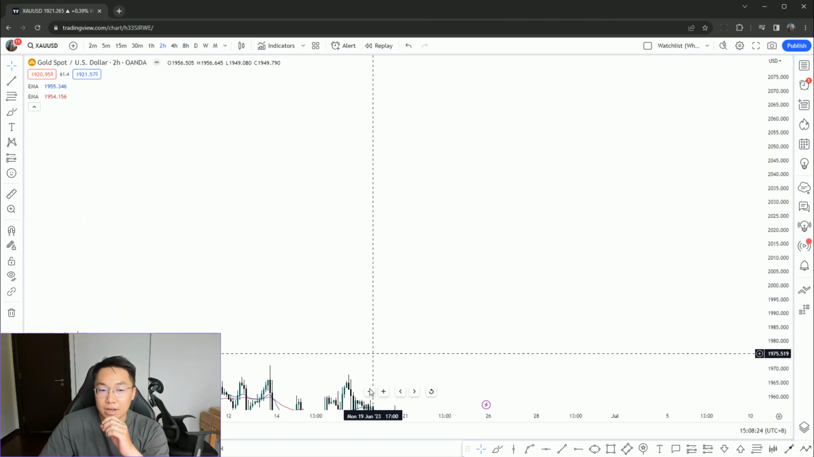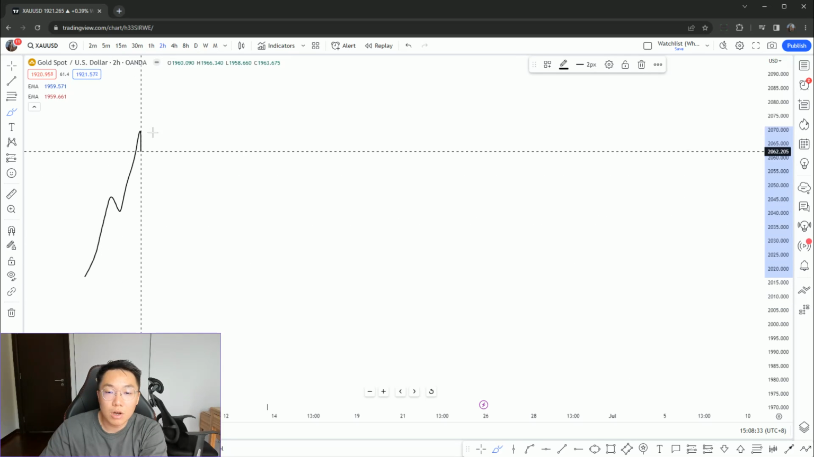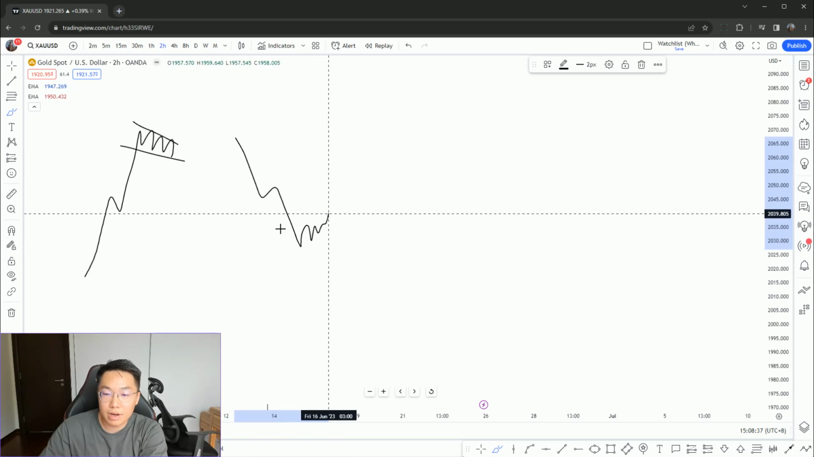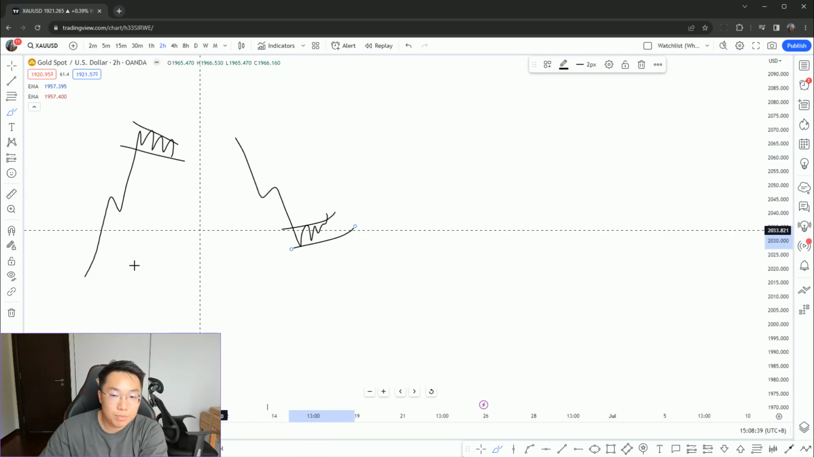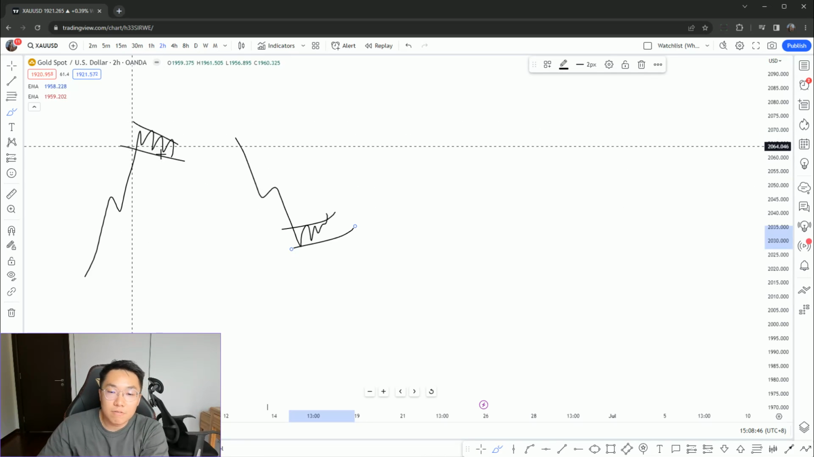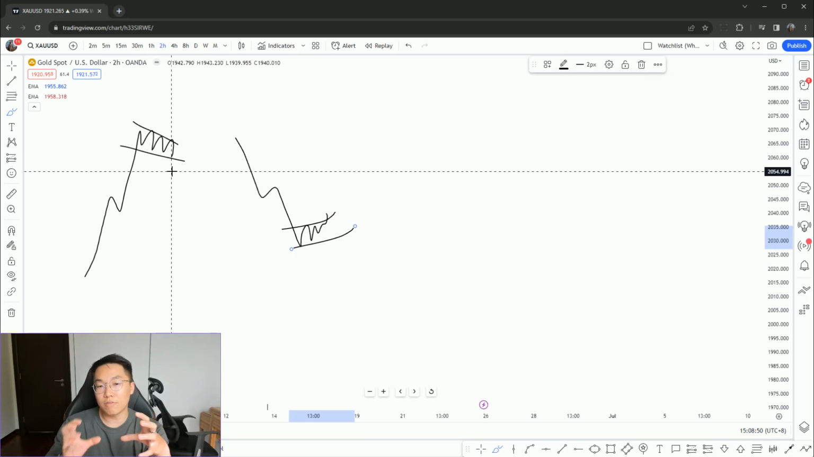So what is a flag? Just a quick introduction for some of you who don't know what a flag is. A flag technically is a bullish continuation or a bearish continuation pattern, something like this. So what does flag mean? It's very simple. If price is constantly pressing higher, if price is surging higher and higher, a flag means we have a tight consolidation, a period of a channel or a period of consolidation that tells